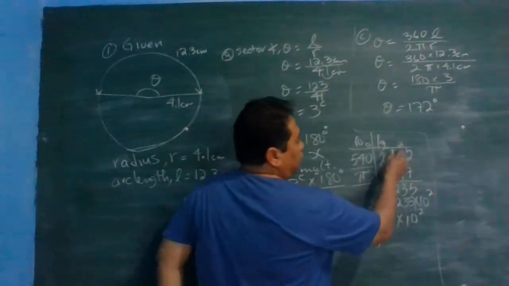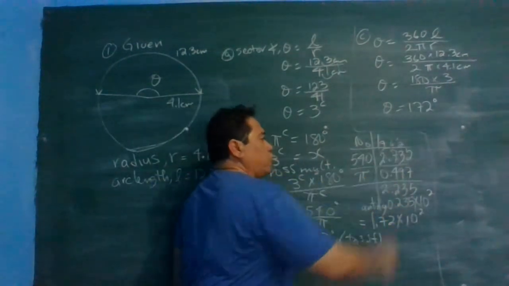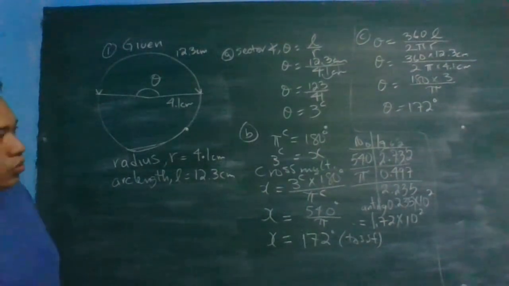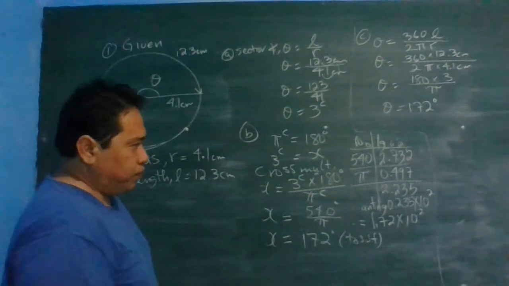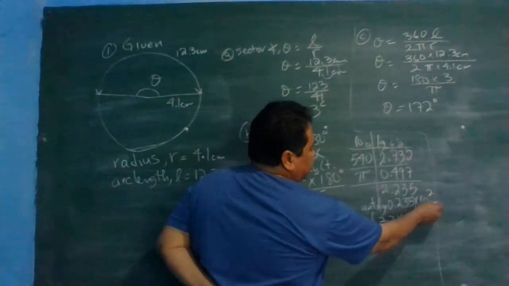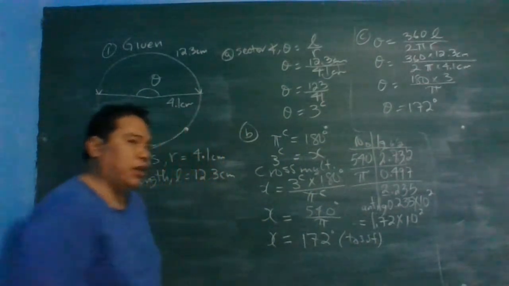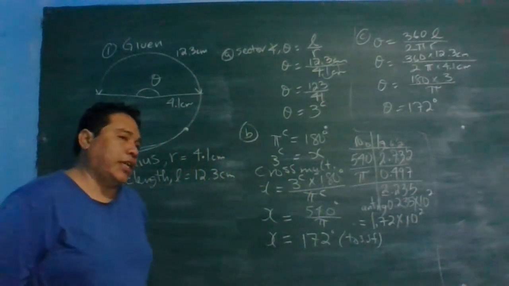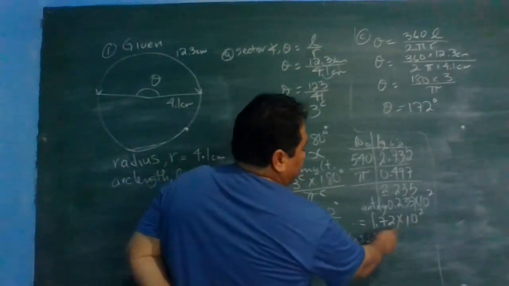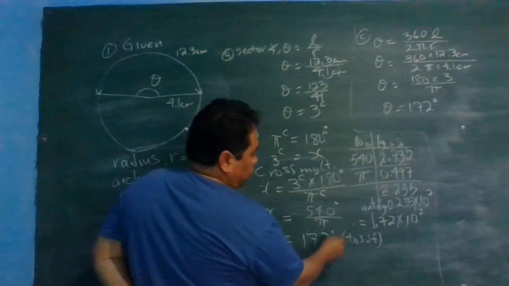2 minus 9 cannot go again, so I borrow from the 7, which becomes 6, and that 2 becomes 12. 12 minus 9 is 3. 6 minus 4 is 2, and 2 minus 0 is 2. So I antilog 0.235 times 10 to the second. Remember, the characteristic cannot be placed in the antilog itself unless it's an angle, and we're not looking for an angle. So that equals 1.72 times 10 to the second, which means that x is equal to 172 degrees